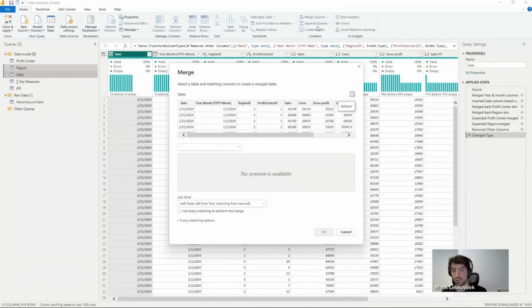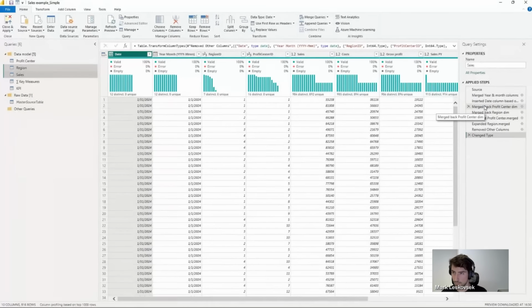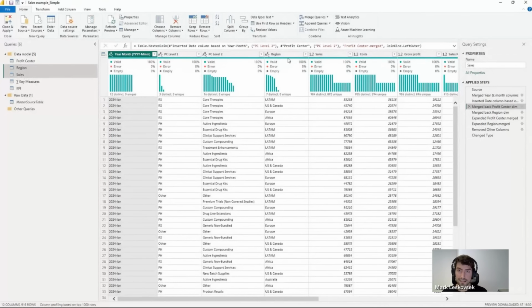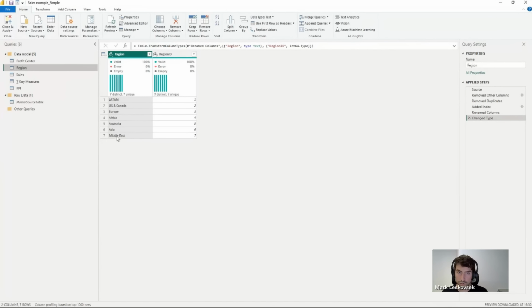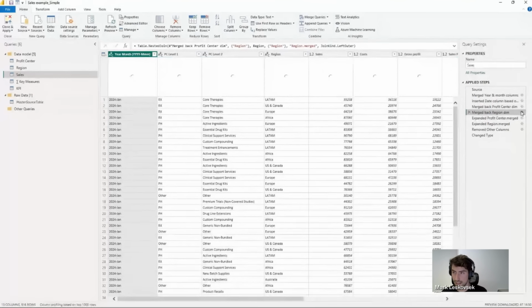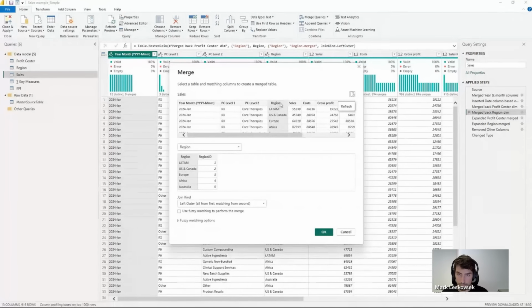Now, this actually allows us to select both tables, right? So region and sales, and now I can basically select the region, but in this case we would have to have the text field still. So you select the text field in the sales and the region, the text field in the region, by which you actually merge that table, right? So you select these two, okay? Region and region in the sales fact table, and once you click OK,